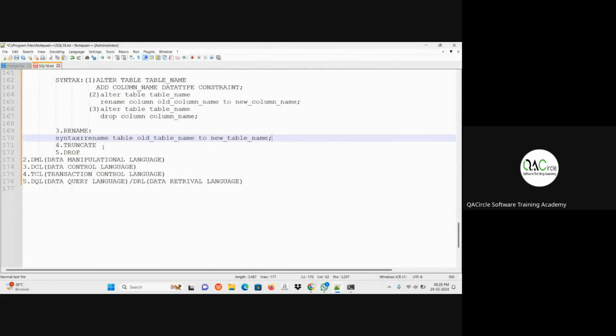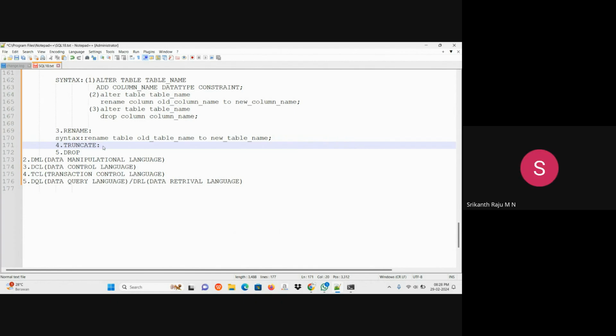Understood? How to rename the table? Yes, ma'am. Ma'am, can we use this rename to change the column also? No, if you want to rename the column, then you should use the alter statement.